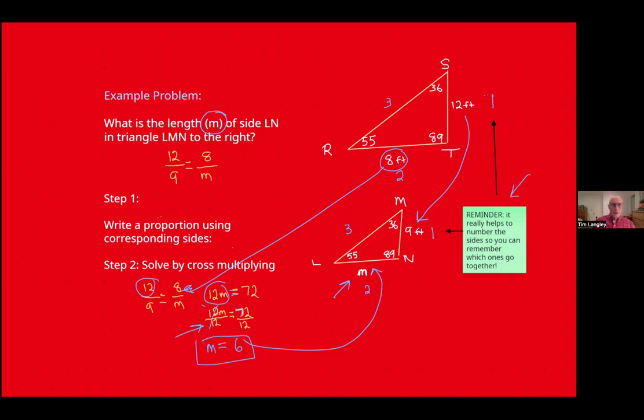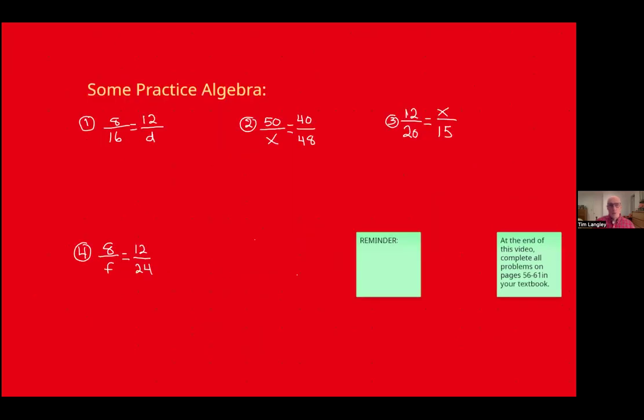Okay, moving on to the last slide for this session, and that is some basic algebra review. We're just going to go through some of these just to review. If I created two proportions, maybe this 8 over 16 was side 1 over side 1, and this 12 over D was side 3 over side 3, they're both sides 3 of the two triangles. It's a very basic algebra problem. We're going to cross multiply here, and we're going to get 8D